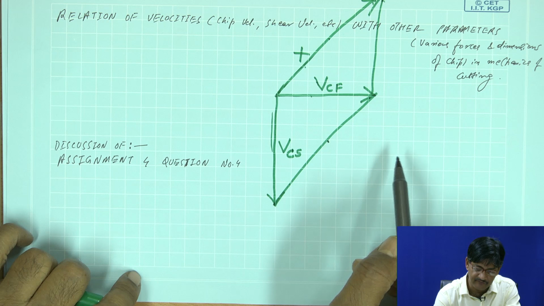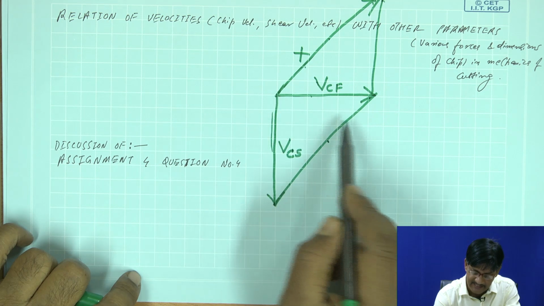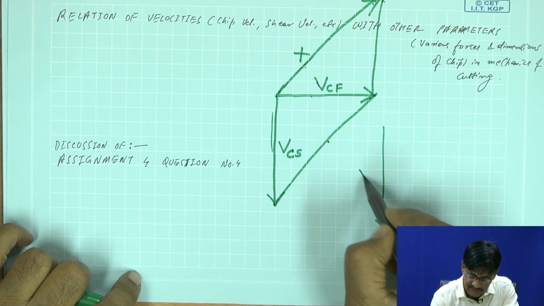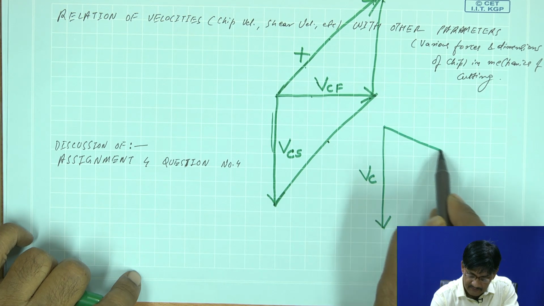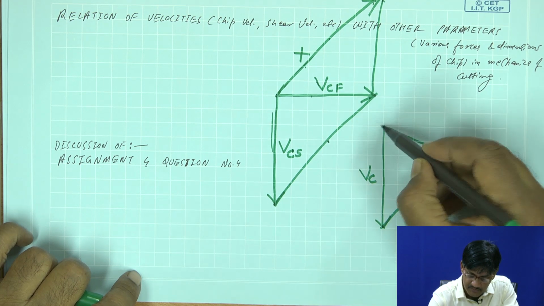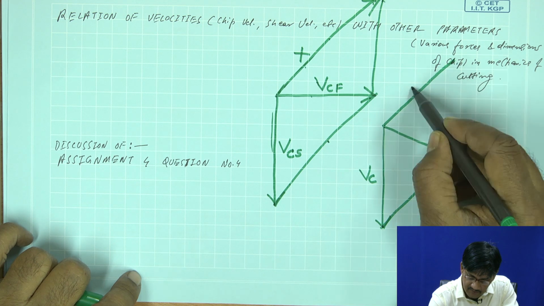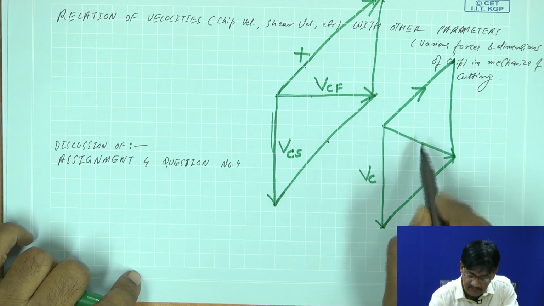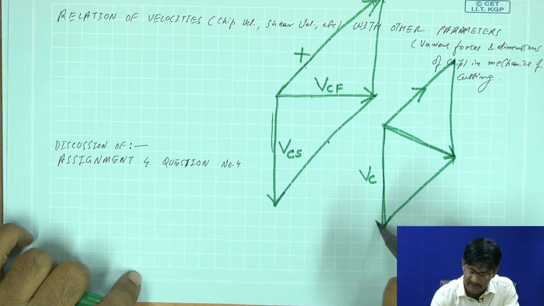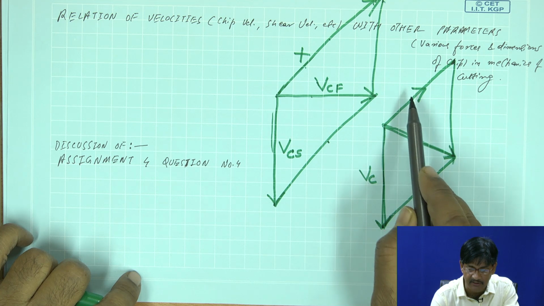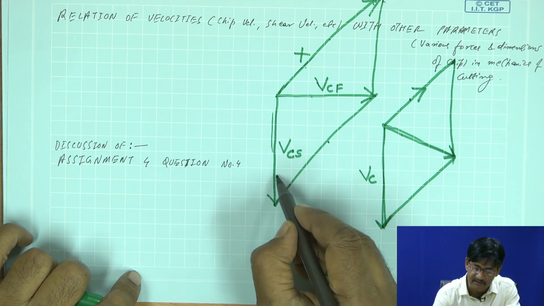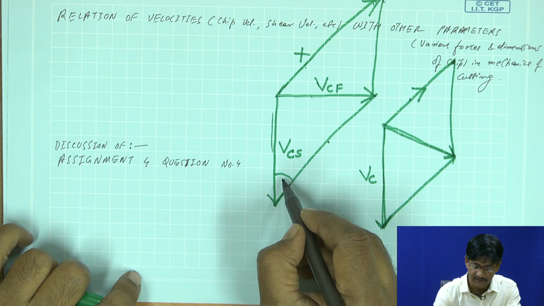Even if you have the rake angle to be less, the velocity triangle will come out this way. Vc, rake angle, okay. This must be the unknown velocity factor which is shifting the resultant to this direction. There is every possibility that this will still be higher depending upon the rake angle. And what is this angle? This angle is equal to the shear angle.